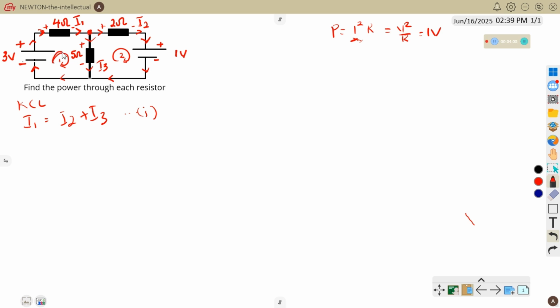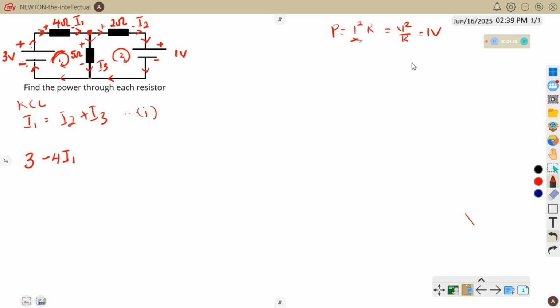So here now we are moving like this. This is the direction in which we are moving. So it's going from negative here to positive. So it means our voltage is going to be what? Positive, because it ends at the positive side. So we have 3, right? Then when we come to this 4 ohm resistor, it's coming like this, from the positive to the negative, so it's going to be what? Negative